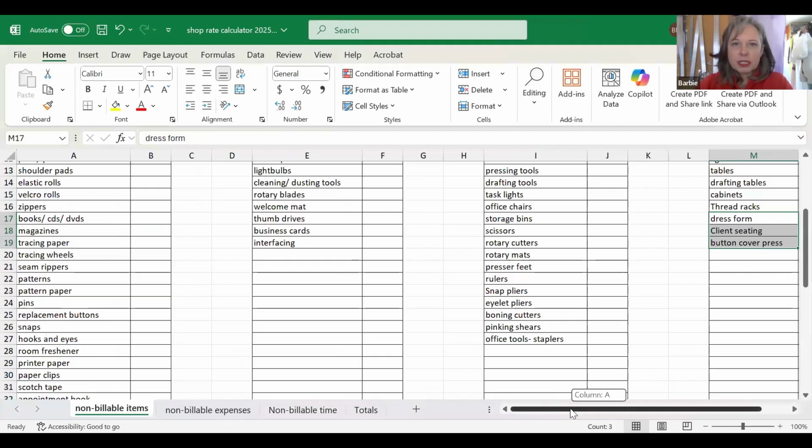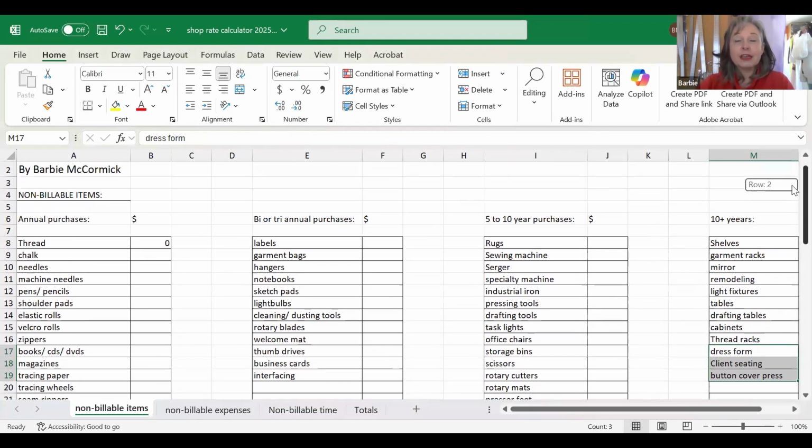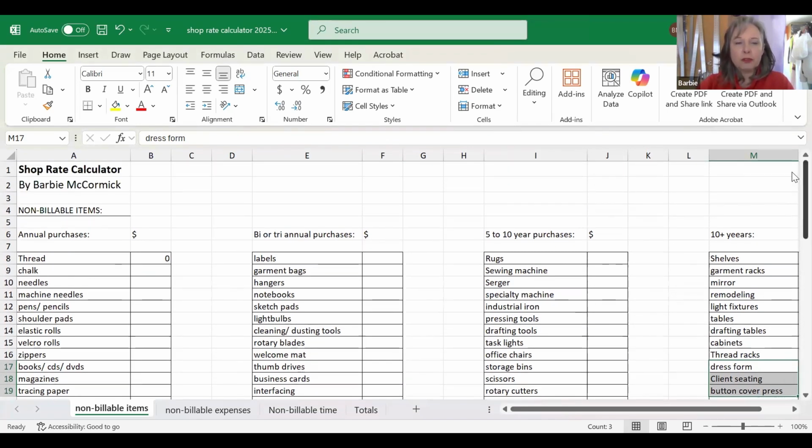Okay. So one of the things, and I am going to go, let me pull up. So this is just a common, like I said, shop rate calculator. It will take into consideration whatever wage you want to be, like if you were working for someone else with benefits. And then you get to add in all your benefits, but you're also adding in all of your expenses. Okay, so I'm starting with non-billable